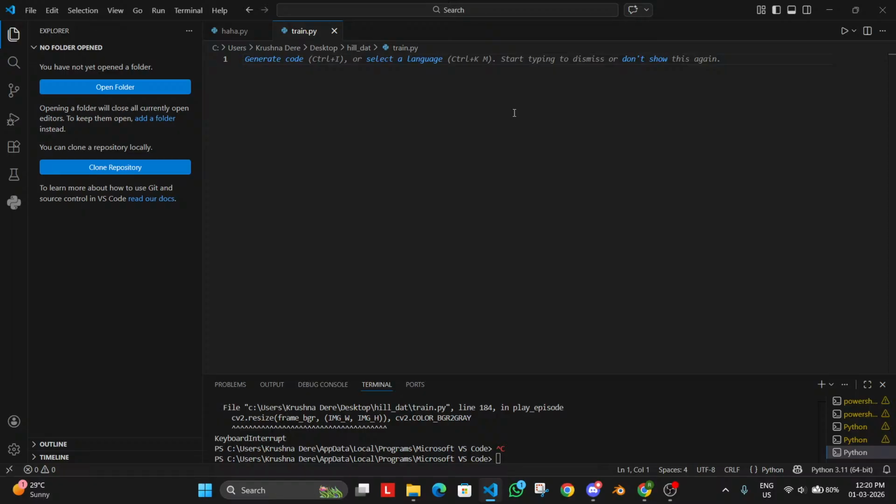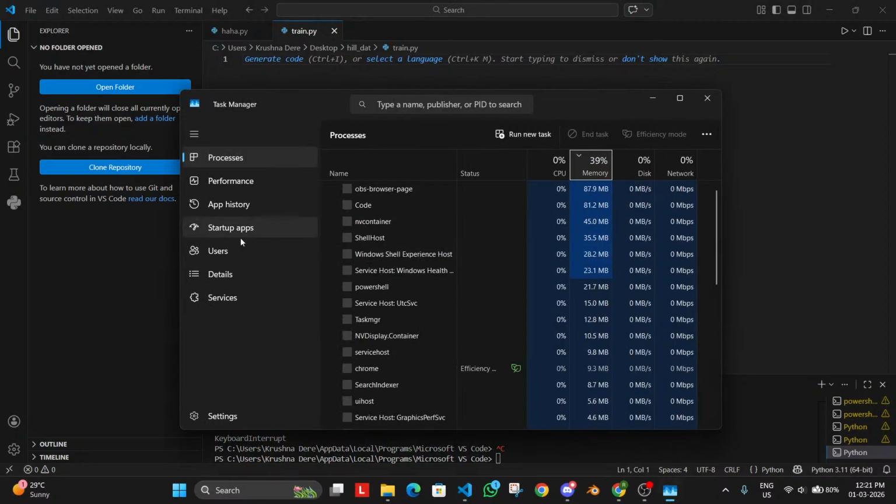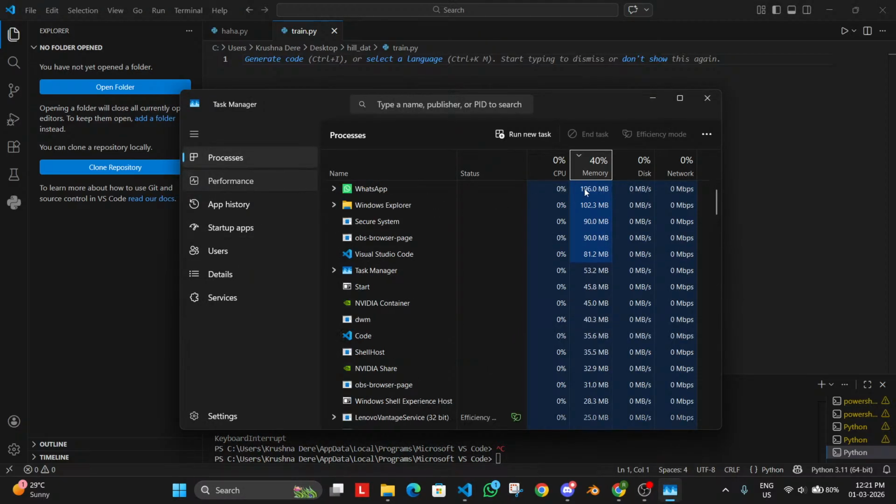So first we will make an RL for Hill Climb, and then we will go towards Minecraft. I'm gonna use Torch here